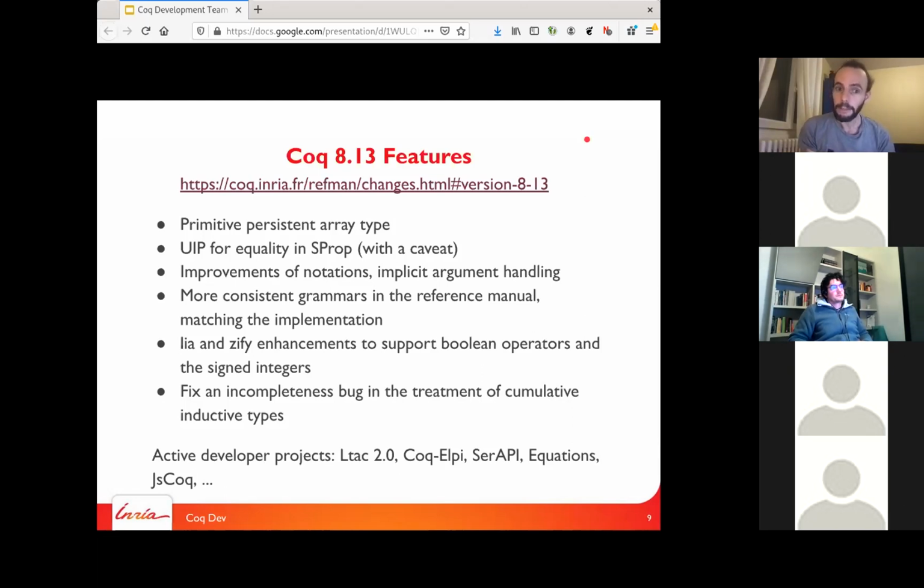Something that might have some impact on compatibility is that LIA and ZDFI now have been enhanced to support more operators, in particular Boolean operators on the natural numbers, and the new notions of unsigned and signed integers. And